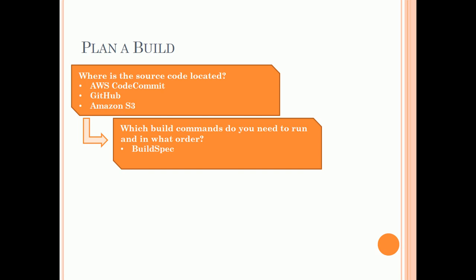AWS Code Build downloads the build input from the source provider we specify and uploads the build output to the bucket we specify. Build spec is used to instruct how to convert build input to the expected build output. AWS Code Build requires that build spec file to run the build. So either we can supply this file with our source code or we can declare while defining the build project.